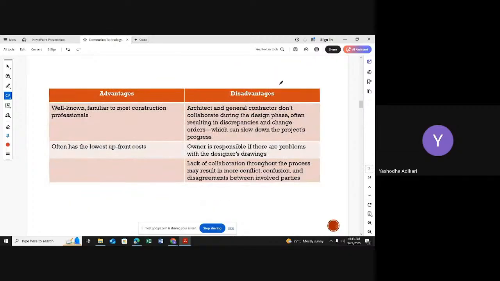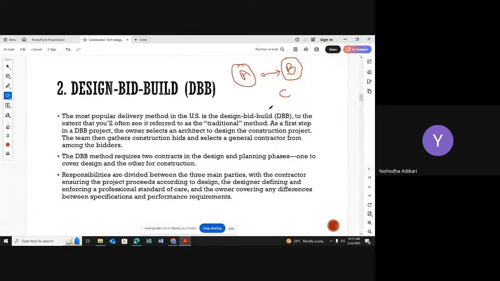Owner is responsible if there are problems with the design or drawing. Imagine construction is now ongoing, and the contractor is telling something like this: there are some issues with the foundation design. Some details are not available. The design and construction details are not in the drawing, otherwise we can't start that work. There are not enough details on the drawings or in the specifications, so they are giving some complaints.